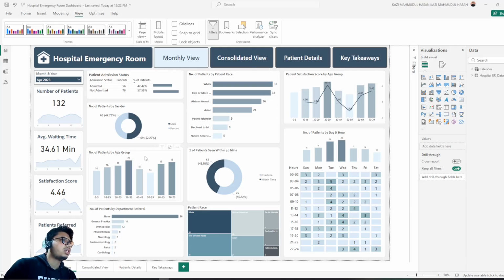And we can also see the patients by age group. In this bar chart, we can see that the age group from 30 to 39 has the most patients in April 2023. So overall, this dashboard gives us a lot of information about the hospital's emergency room in a monthly review. If we want to see the overall result of this hospital's emergency room, then we can go to the